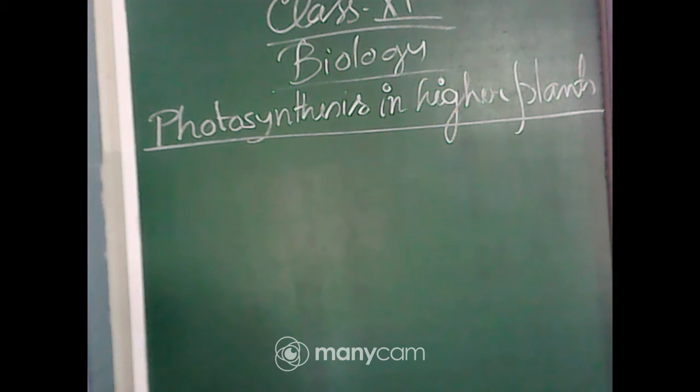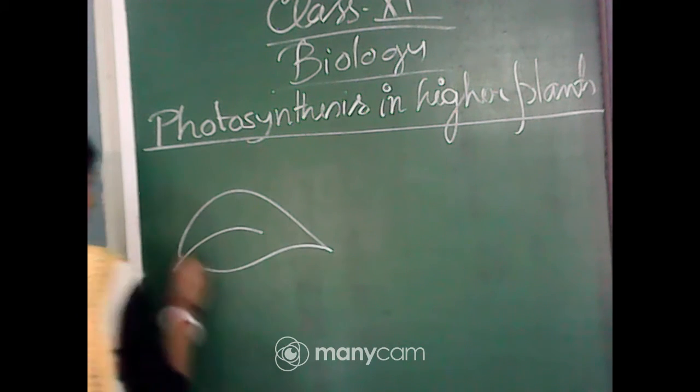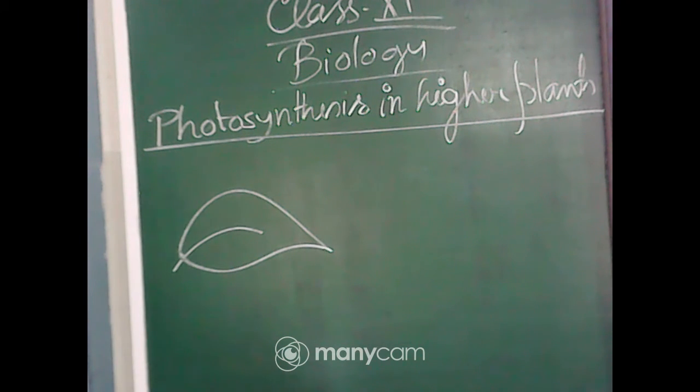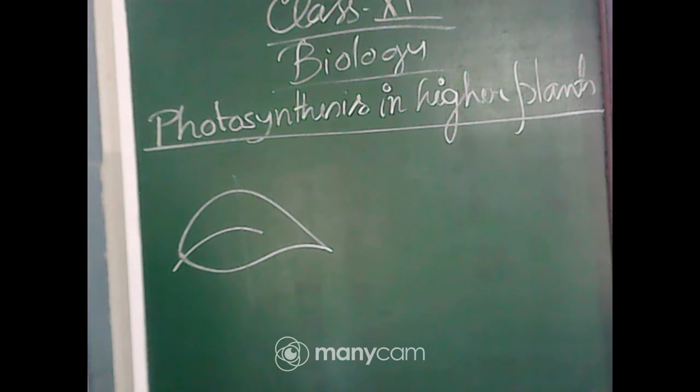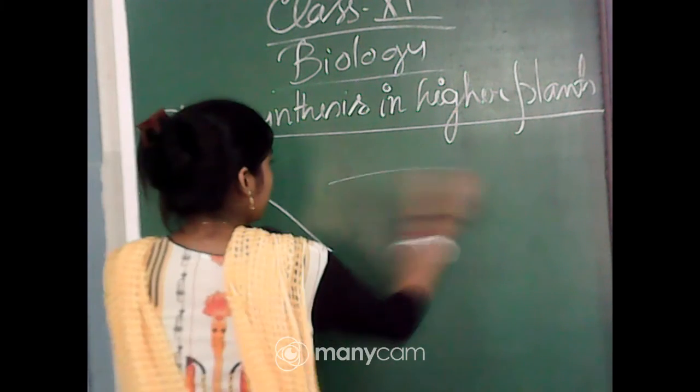You know that photosynthesis is taking place in the green part of the leaf. Okay, so if I draw a green part of a leaf, photosynthesis is taking place in the green part of the leaves. Why? Which structure is present in the green part of the leaves which is helping them in photosynthesis? So, if we cut the leaf, then we will find some mesophyll cells, right? You have read that part, so how it looks like.